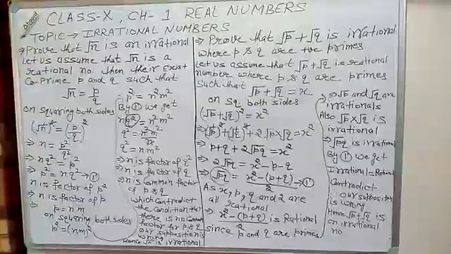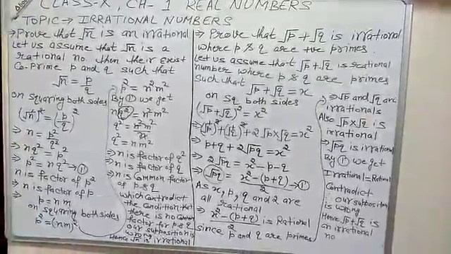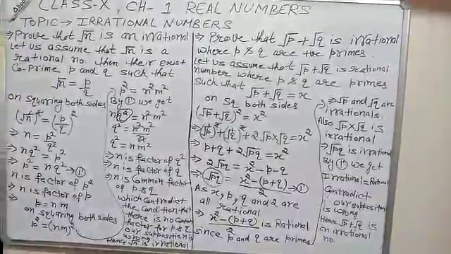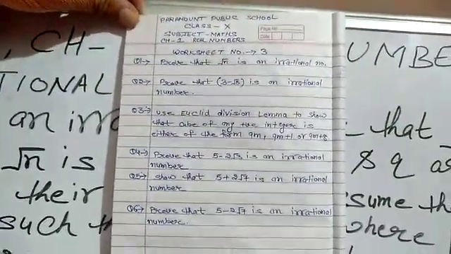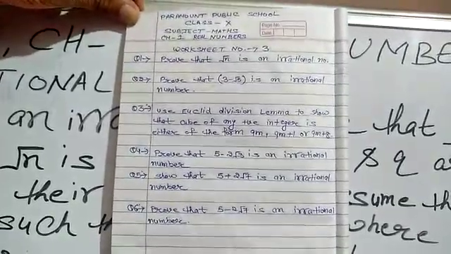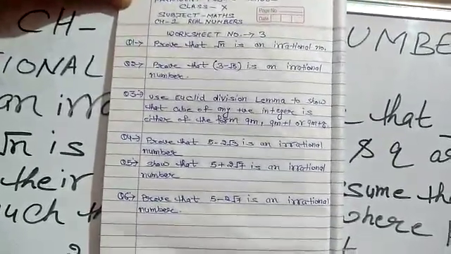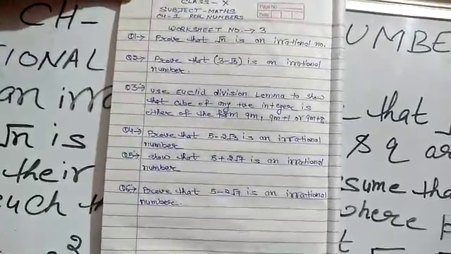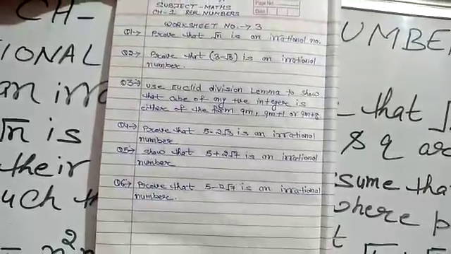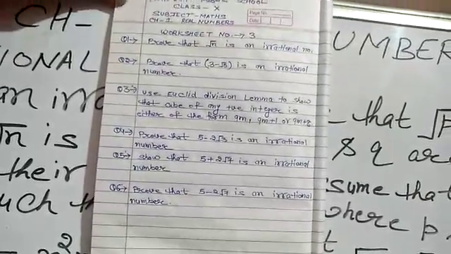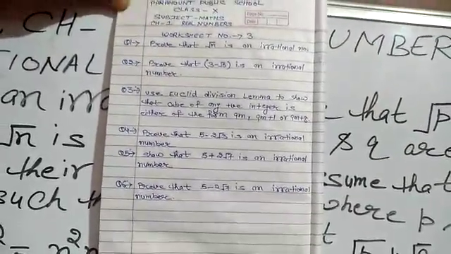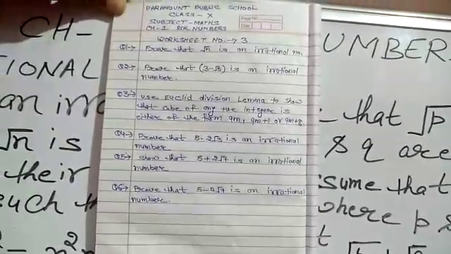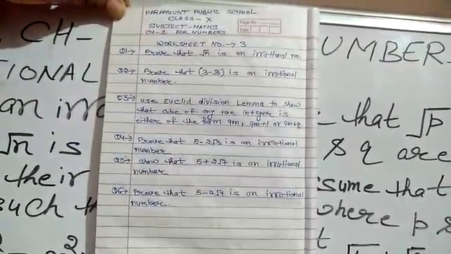So students, I attach you with one worksheet. Watch the video till the end and try to solve the questions based on these two types of questions. So here is the worksheet. On the basis of under root n, you can solve for under root 3, under root 5 is an irrational number, under root 7 is also an irrational number. And on the basis of under root p plus under root q, you can replace p and q by your numbers. Likewise, under root 3 plus under root 5, under root 7 plus under root 11 is an irrational number.